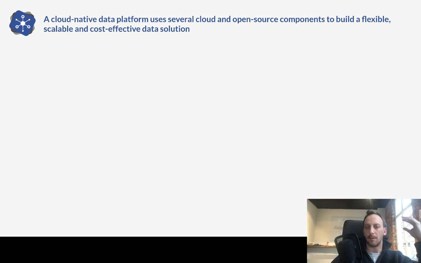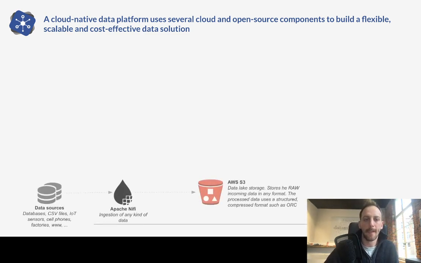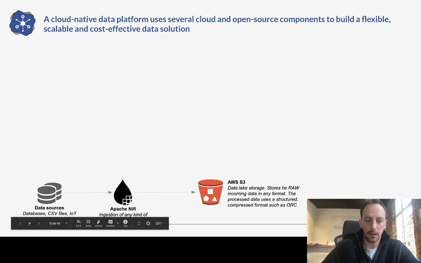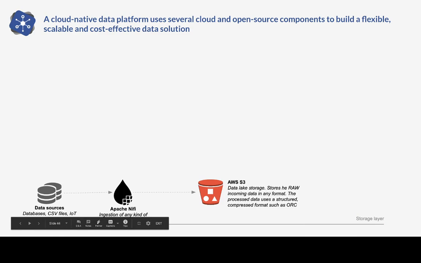This is just an example, right? There's a million platforms I can show you, and in fact, this architecture is not the architecture we're currently using anymore, but it's just an example of what a cloud-native architecture could look like. So to begin with, you have a storage layer. On a storage layer, you have data coming in, and in this architecture, we use Apache NiFi as